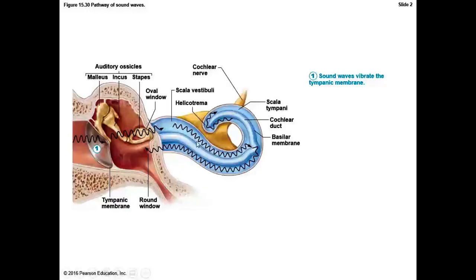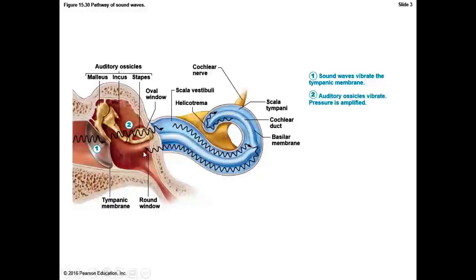You'll notice that these waves show that it deforms in a certain location. Bass and treble, I think this microphone speaker's battery is going out. But the bass and treble can hit in different areas here, and we'll talk about that in a little bit. But anytime that gets deformed along this pathway, it gives us an effect of bass or treble, depending on the frequency. But this is a continuous thing that goes around in a circle until it hits the